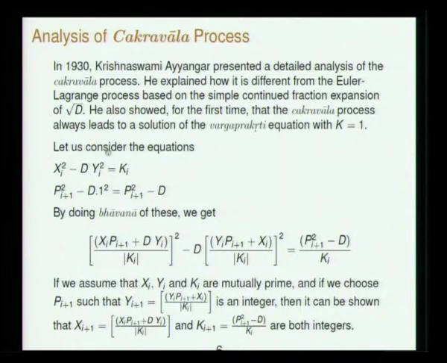So now, first step, let us start with xi squared minus d yi squared is equal to ki. Think of an auxiliary equation like this: pi plus 1 squared minus d into 1 squared is pi plus 1 squared minus d. Do the Bhavana of these two, then you will get this product on the right hand side. Take this ki to the denominator, then you get an equation like this. If you divide the product of these two by ki squared, you will get an equation like this. So by doing just the Bhavana of these two equations, you have obtained this. You can recognize these are the quantities appearing in the steps of the Chakravala equation.